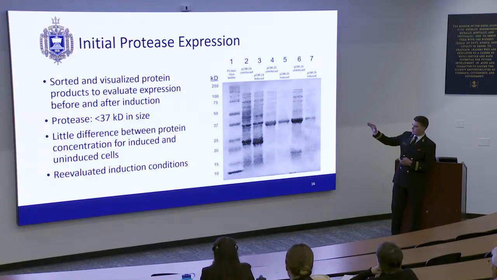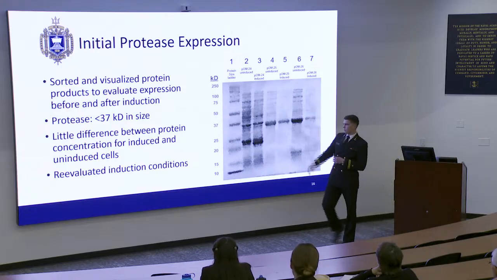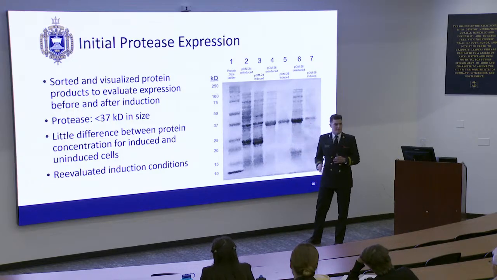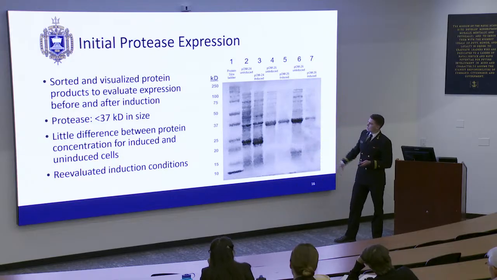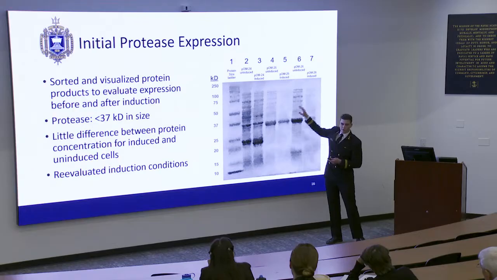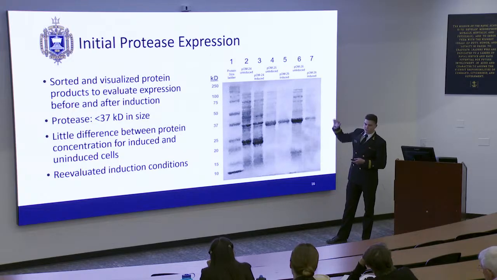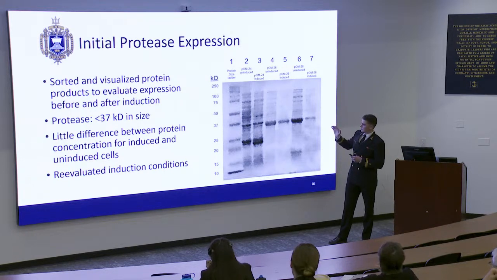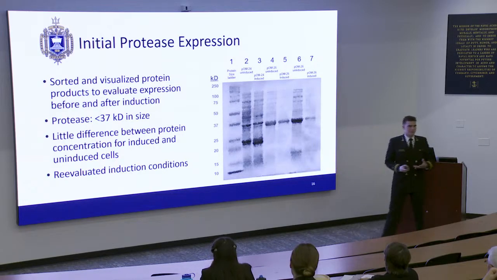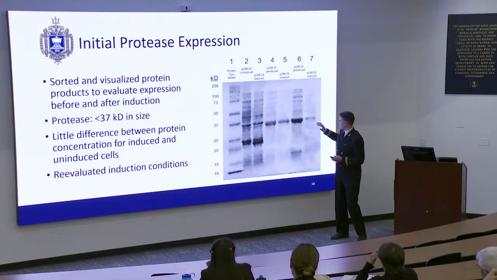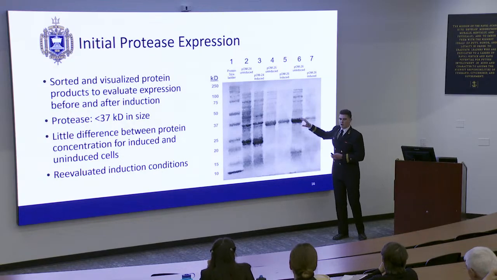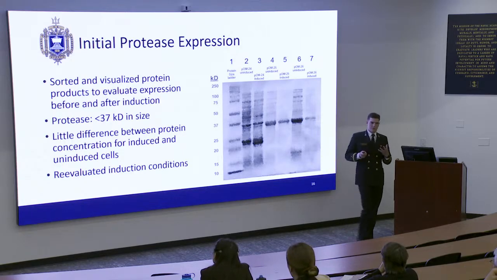So taking those purchased plasmids, we grew the cells with the plasmids inside, and then we induced expression. And we saw very little difference in the expression of our target viral protease here at a little less than 37 kilodaltons. That's the mass of the protein. And we can see this gel. It sorts the protein products of the cells by the size of the protein. And we see that in all three situations, cells with all three different plasmids, there was not much difference between the uninduced and induced amount of our viral protease. Essentially, expression wasn't super successful. We would expect to see very little expression of the protein and then a very, very concentrated expression of the protein, which we didn't see.